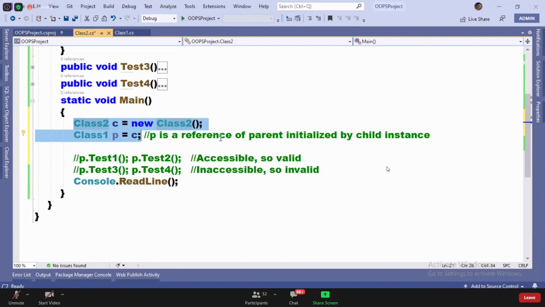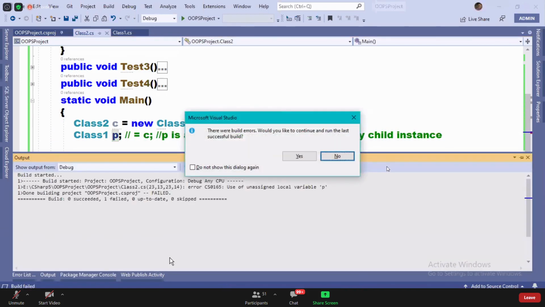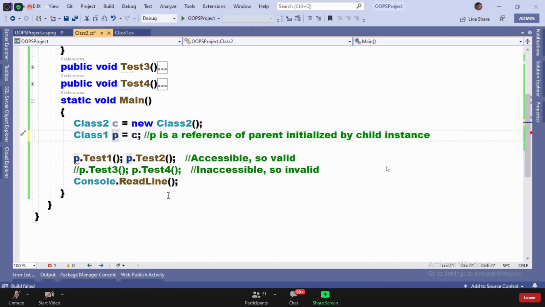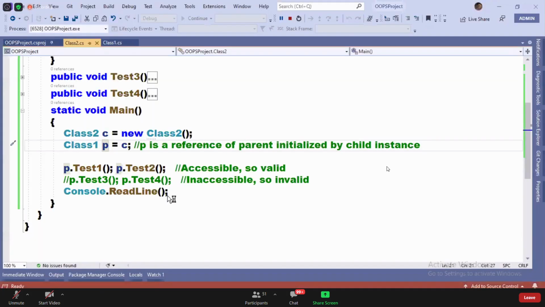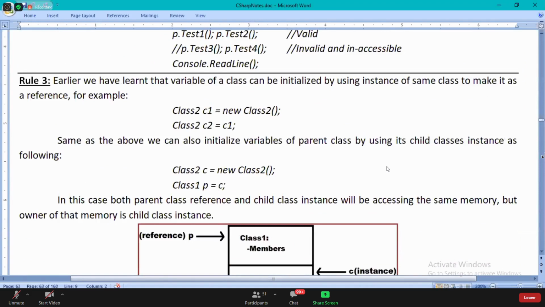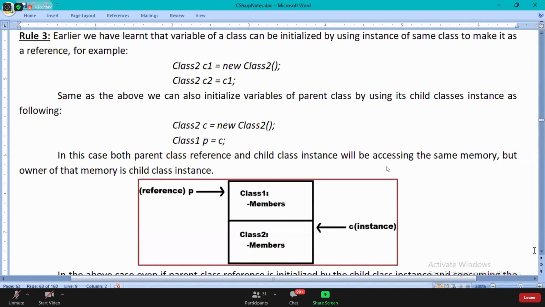Okay, everyone? So see, initially, guys watch, initially P is a variable. Because P is a variable, P dot test1, P dot test2 will give error. See, you're getting error. Why error? Because using a variable, we cannot call members. Now see, P is a reference. Can I call? Yes, I can. Initialized, I can call the members. Now, what is P? P is a parent class reference. So all of you read that and watch the picture.